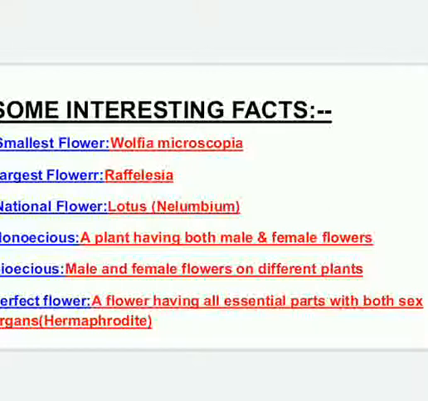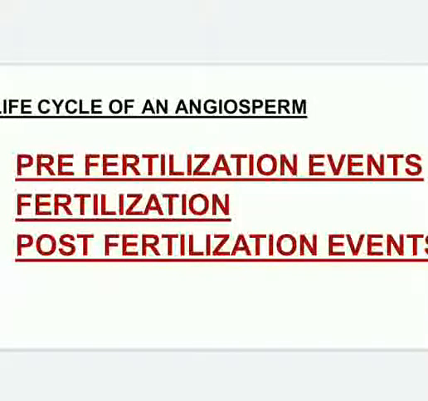Now we shall be talking about the sexual reproduction which completes the life cycle of the angiosperms. And I must tell you that the life cycle of the angiosperms gets completed in 3 phases. Actually, it is a continuous process, but for our better understanding, we have classified into 3 types: the pre-fertilization events, fertilization events and the post-fertilization events. We shall be talking about these events one by one.